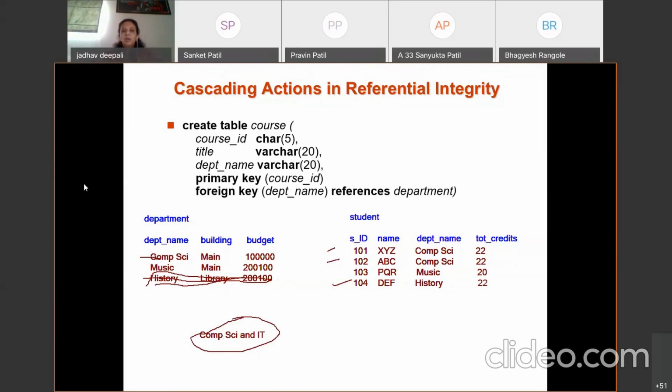To solve this problem, we need cascading of delete and cascading of update. Along with these references, we need to use other keywords: on delete cascade, on update cascade. What is the use of this cascading?